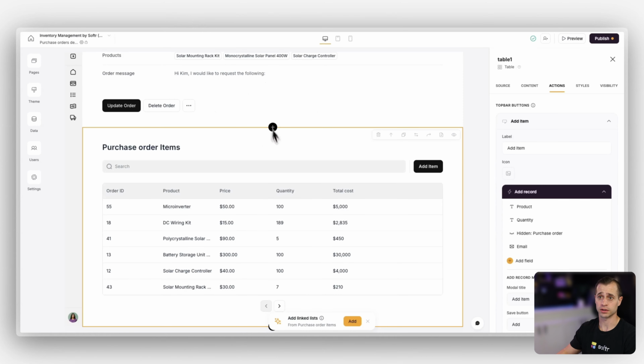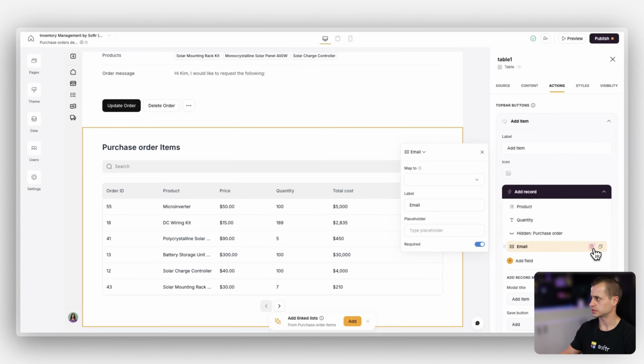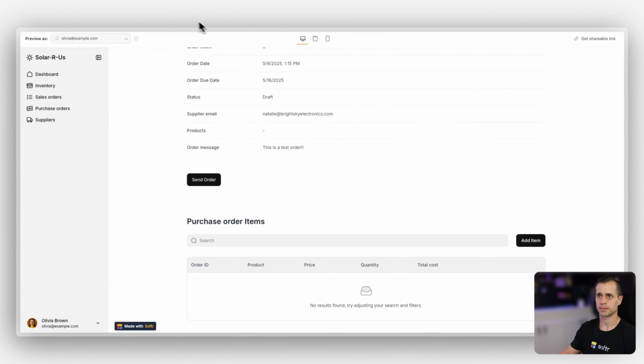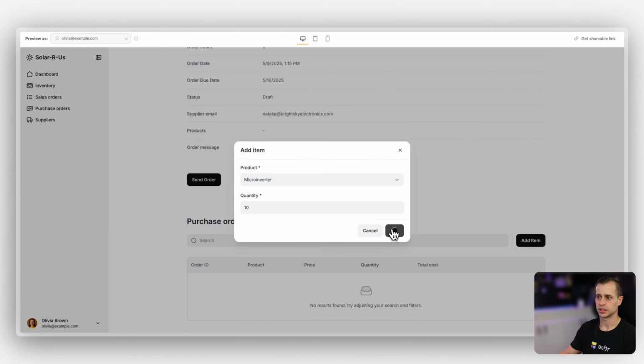So when we go back here, we'll go to add items. We'll go to product. This needs to be a drop down here. And we need to sync it with sources. Let's just try getting rid of this. Quantity, boom. All right, let's try it one more time. All right, add item, product, microinverter, 10 of those, add,